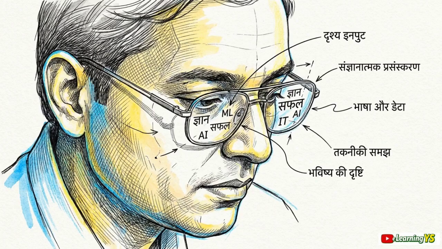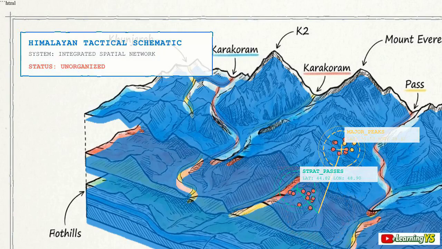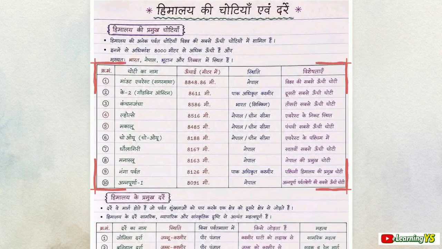Complex geographical distributions are often compressed into sequential mnemonics, allowing for high-density information to be recalled under pressure. Tactical utility depends on the ability to project these individual data points onto a three-dimensional mental map of where they sit in space. To build our model, we will extract the top 10 peaks from the matrix and plot their